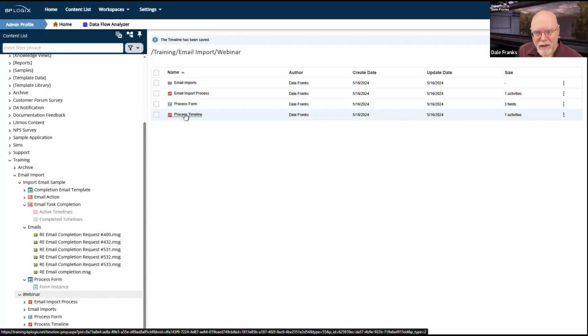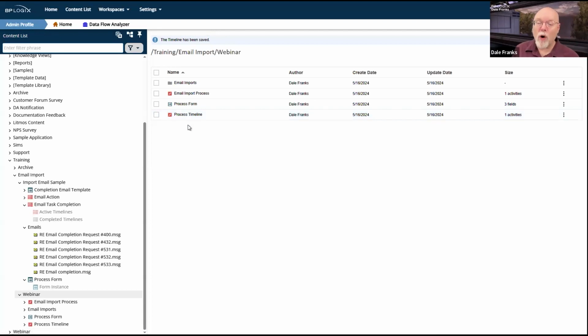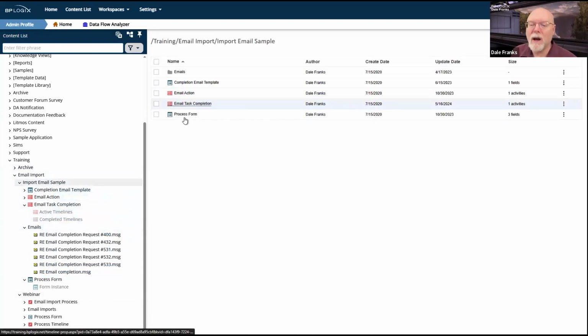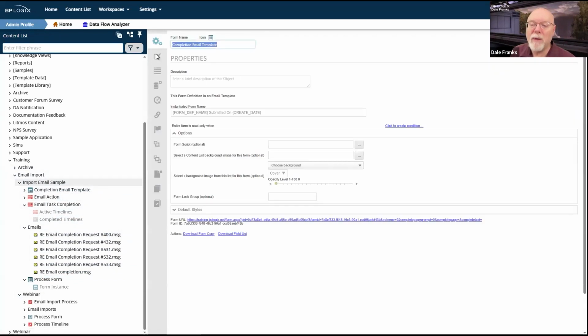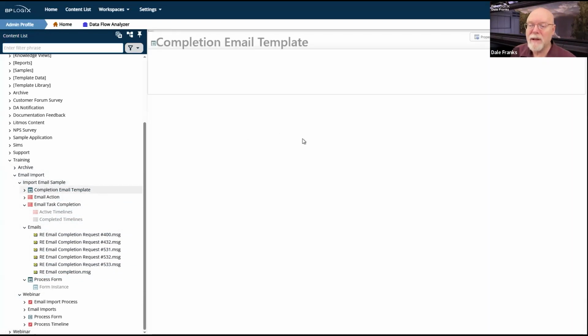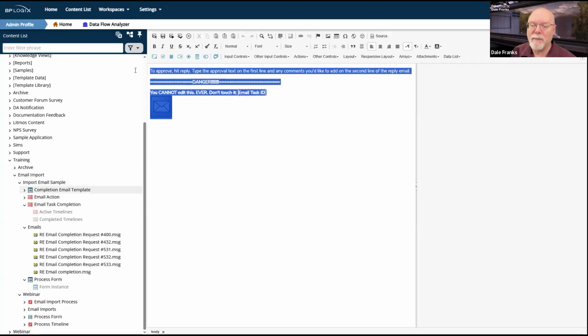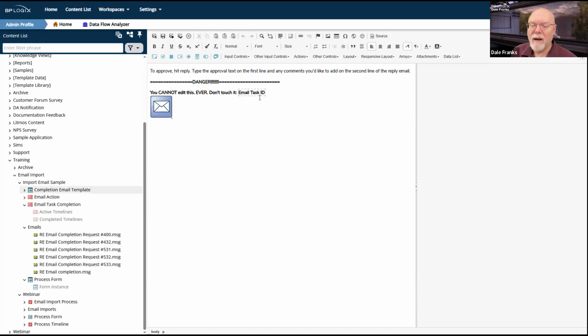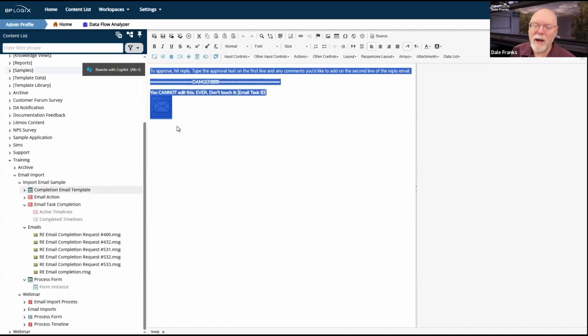So the other important piece of making this work is the email template that gets sent to the user, because it does have a required element, as we saw earlier. And rather than typing all of this stuff manually, I'm going to open my email completion template and I'm just going to copy and paste so that you guys don't have to watch me type all this stuff. I'm going to go ahead and bring it all in at one time. That way you don't have to watch me make an email template from scratch, but we'll go over it.